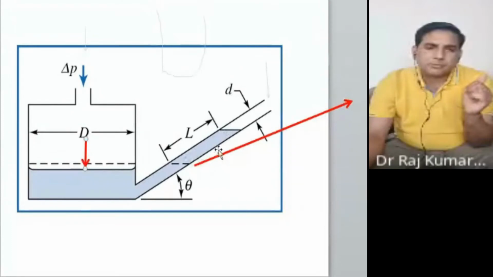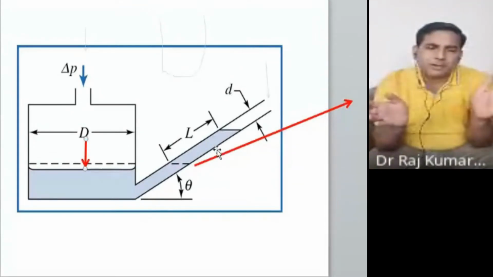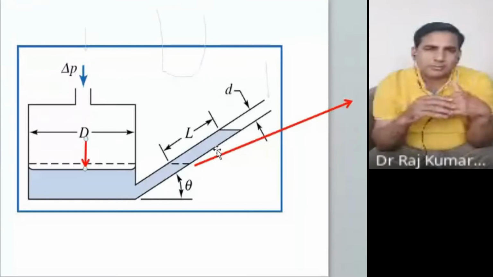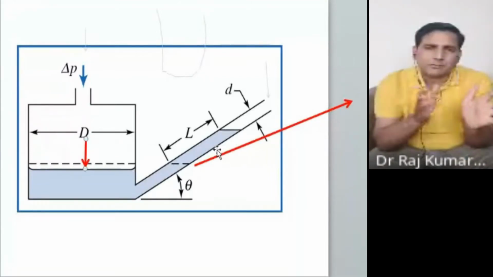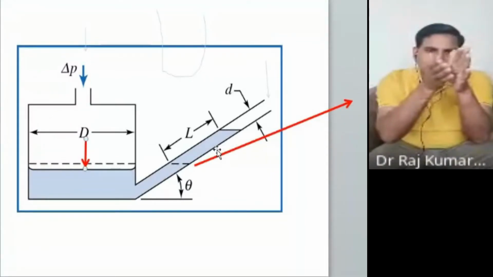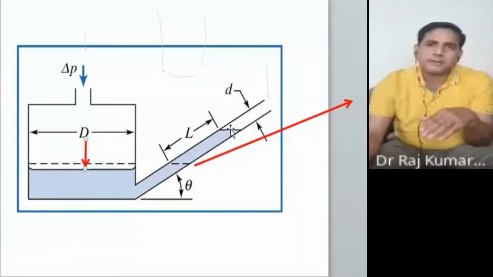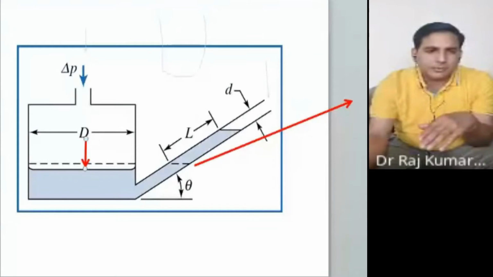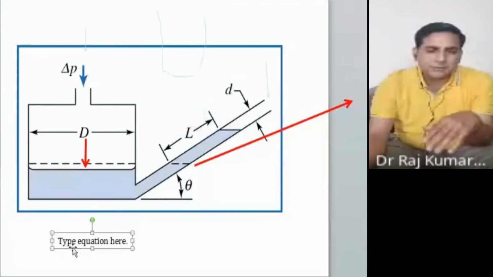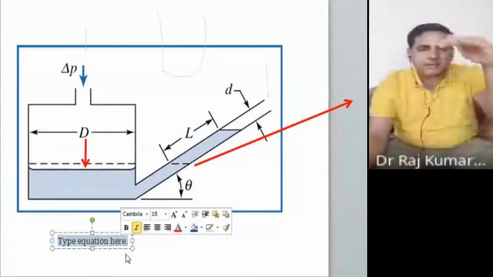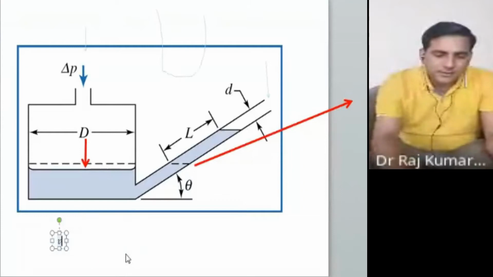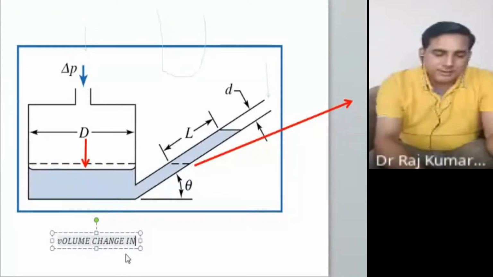So that much volume should go into this particular tube, because volume is a conserved quantity, mass is a conserved quantity. You are talking about the incompressible fluid. So whatever volume or mass you are disturbing on this side, the same thing has to go to this inclined tube. So if you do this balance here, what would happen once you pressurize here? You are decreasing the volume. So you can write here there's a volume change in